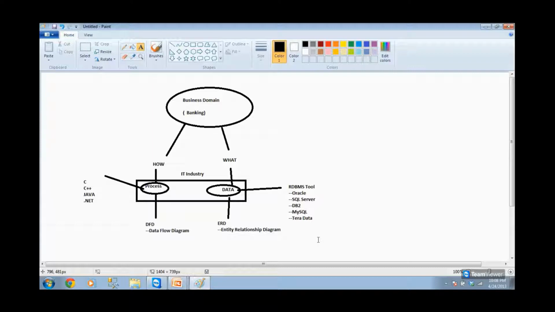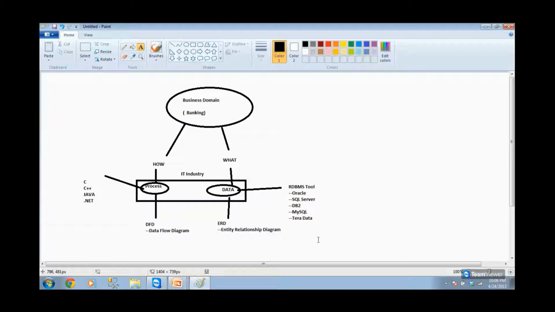Now, DFD is for whom? DFD is for the client, for you, for me, for the manager. Like that, you also have ERD. ERD is also for everybody. Okay, all the diagrams are for all stakeholders, not only for the technical people; non-techies can also understand diagrams. So our work always starts with the diagrams, whether it is constructing a house or building software for any company. The diagrams are done by architects or designers.